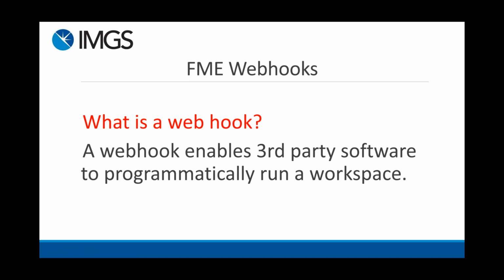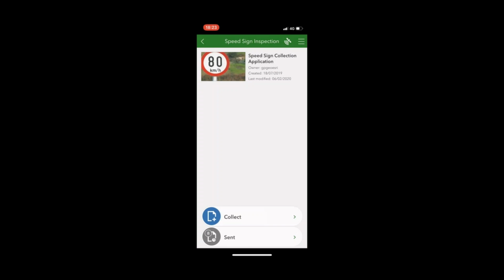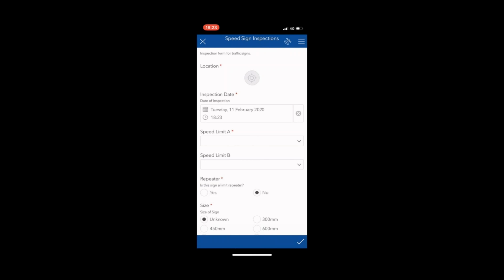One part that Gavin is going to talk about today, and what Aditya has integrated with, is the FME webhook capabilities. So in FME, a webhook enables third-party software to programmatically run a workspace. That's what we're going to show you today. We're going to show how using Sisense blocks, which I'll explain later on, it can then trigger FME to run through a webhook. So when somebody clicks on a button in the dashboard, they're then able to fire off